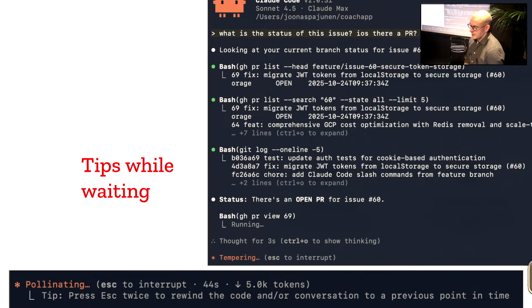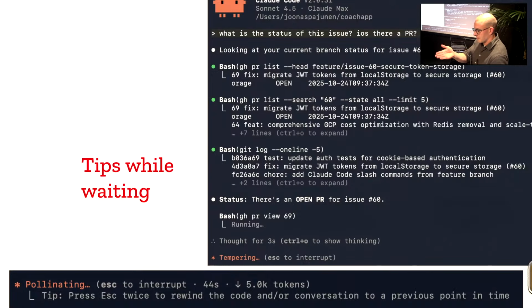Claude gives you tips while it's doing something. Here, for example, it says press... Okay, what's happening here? In the topmost screenshot, I'm in a branch and I say, what is the status of this issue? Is there a pull request? It's looking at the current branch and then it's checking GitHub. It says, yeah, there's an open pull request for this issue.